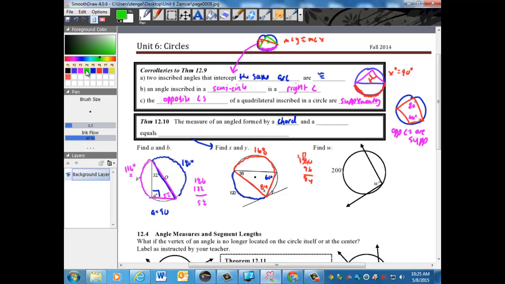Okay, so next we want to find angle Y. Let's highlight this intercepted arc. So 168 plus 120 is 288. We subtract 360 minus 288, and we would get 72 degrees for the arc. And so what this new rule is saying, because this angle Y is not an inscribed angle. This angle is the measurement angle formed by a chord